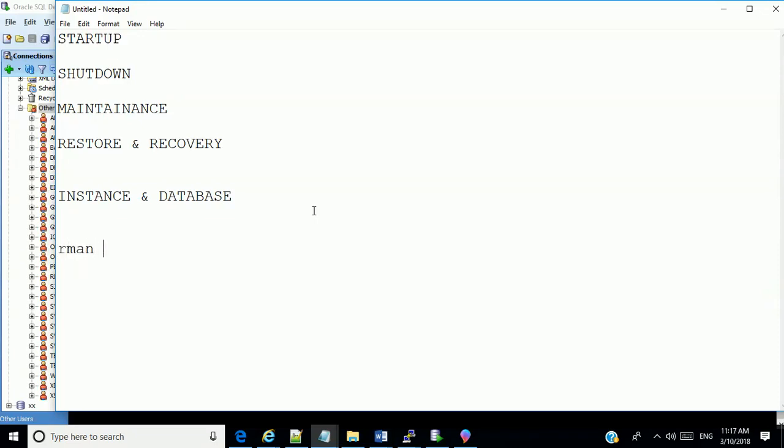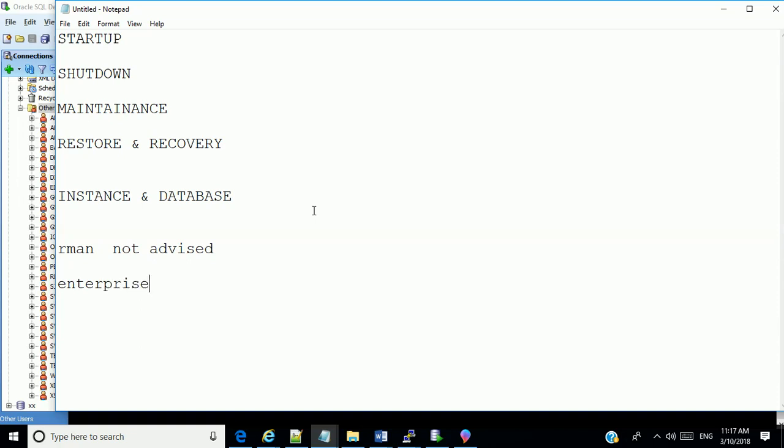RMAN, but it is not advised. You use that only when you are doing a recovery or a restore. You understand my point? Or a copy, an RMAN copy, or an RMAN operation. But you can still use RMAN to start up and shut down a database instance. Okay? You can also use the Enterprise Manager.